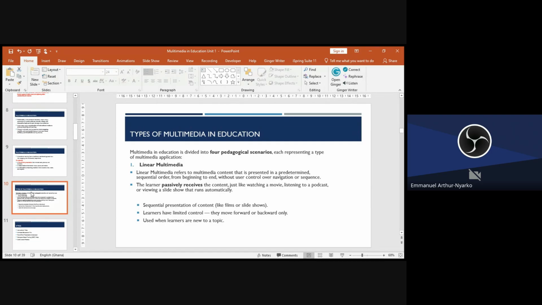So the learner doesn't have much control over the progression of the multimedia. The content is sequentially presented. An example is a film or slideshow. When you are given a slideshow, the best you can do is to move forward or backwards.